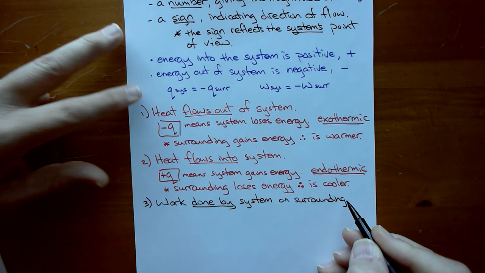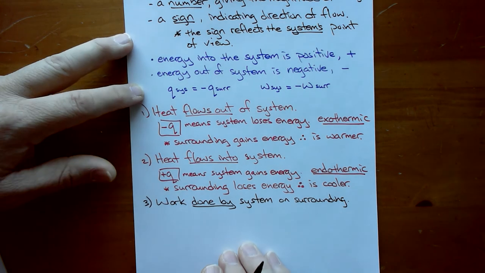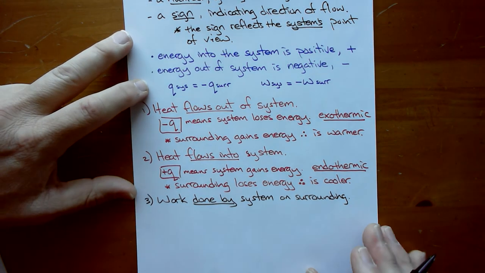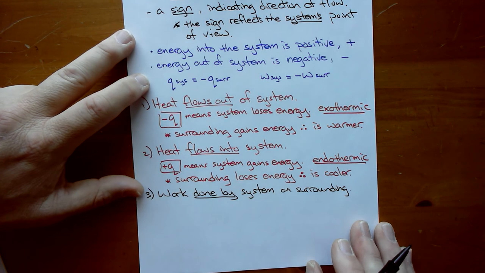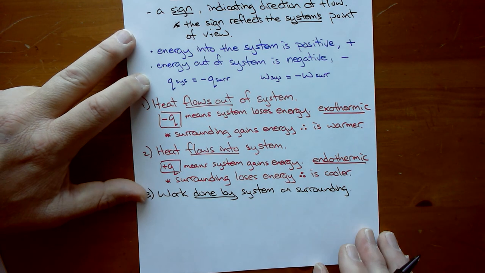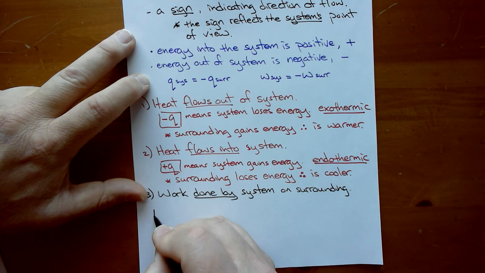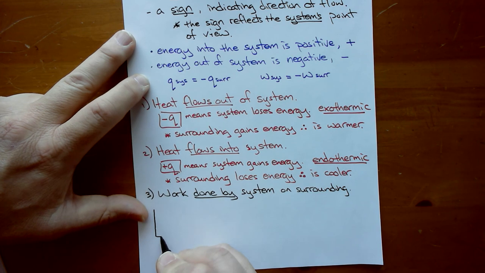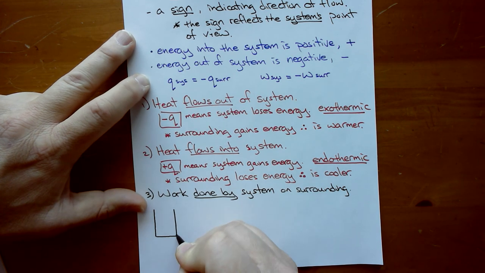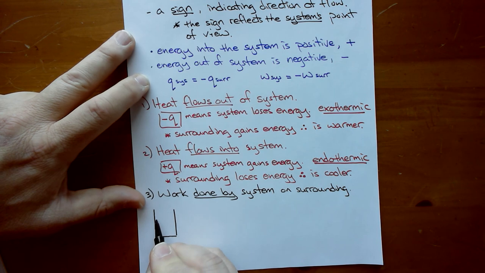Now again, I'm going to use a piston idea because that's where the pressure volume work comes from in chemistry. So if I have a piston like this, and then in that piston, okay, there's